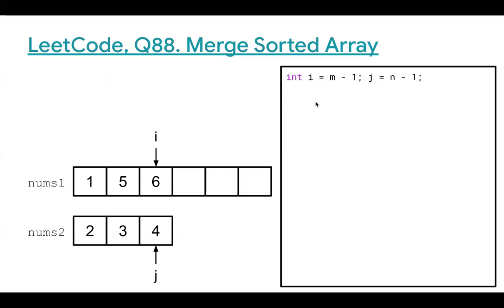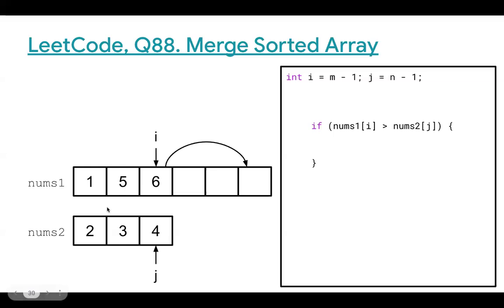Let's look at one demo. So, well, first of all, we create these 2 pointers, i and j. They first point to the last element in these 2 arrays, right? m-1, n-1. Okay, and so now i points to 6 and j points to 4. So 6 is larger than 4, right? 6 is larger than 4. So we know 6 is in fact the largest element